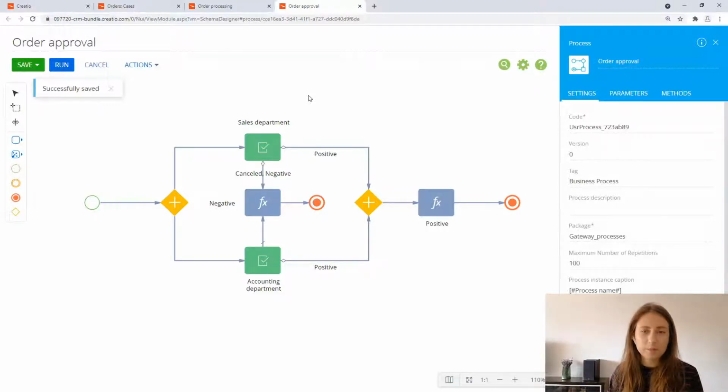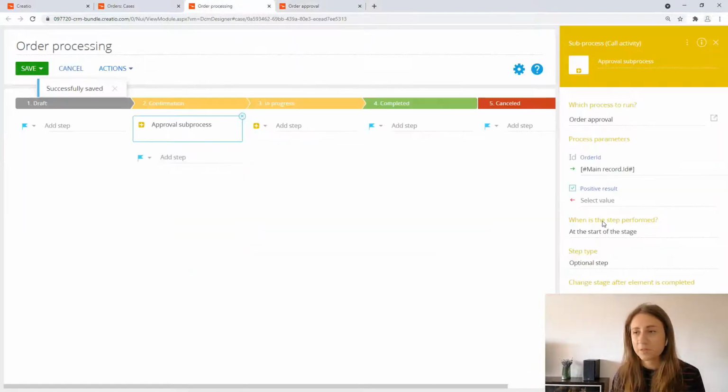So if you're launching as a sub process, you need to make sure that whatever final changes you're implementing, the process sends those parameters to the initial process or case, and that's where you make the changes to the case, especially with case stages, that they're done here in the case designer. So I'm going to set that the result parameter is going to be, if basically change stage after the element is completed, if result is